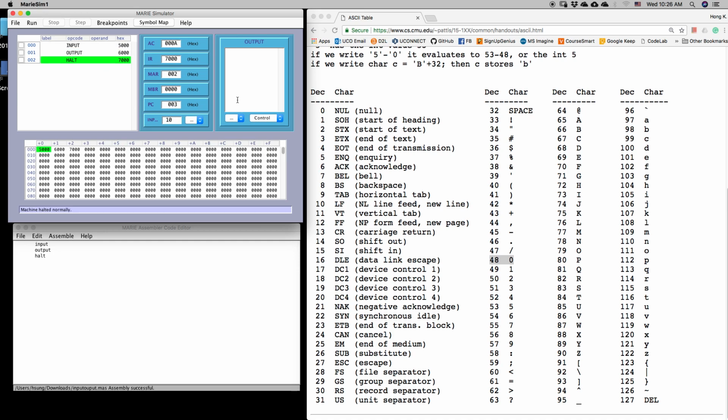At this moment, the output is ASCII, so the value 10 in ASCII is a line feed, which is not a visible one. But if I change it to decimal, 10 is there. I can choose hexadecimal, then 000A is 10, so you can change those values. So let me try again. Run, restart,